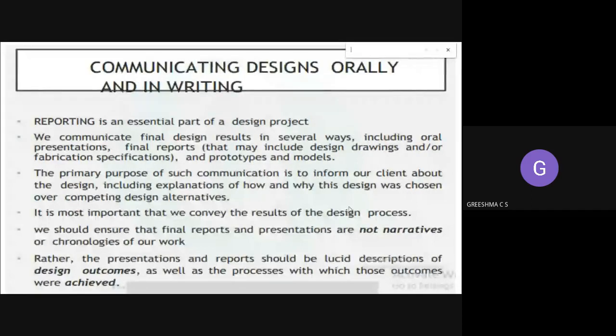Okay, a report will be submitted. So reporting is very essential. We communicate the final design. The final design project will be communicated in different ways. That is, you will be having oral presentations, and you will also submit a final report. The same procedure we are following in our college also,